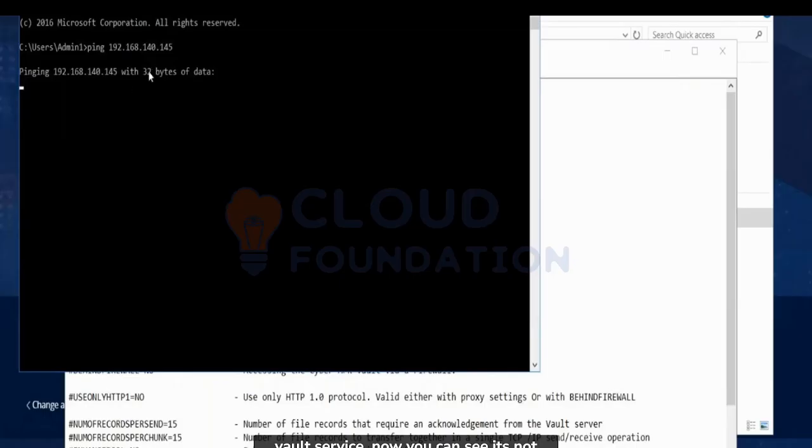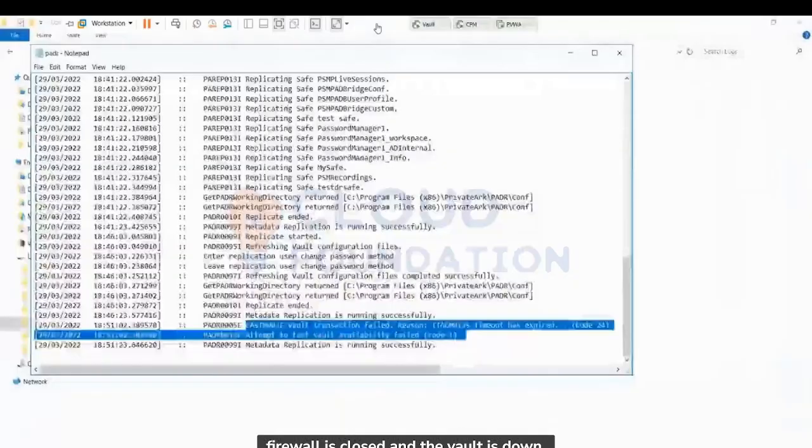Now you can see it's not even responding to the ping because the firewall is closed and the vault is down. If I go back to the DR again and open this PADR logs,